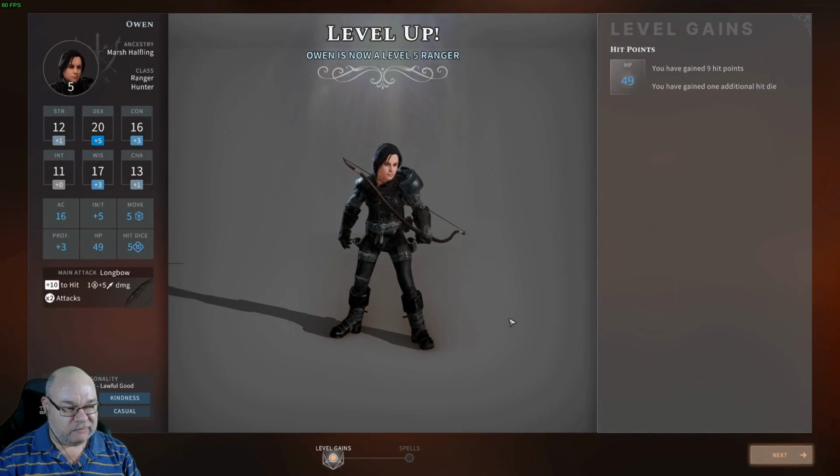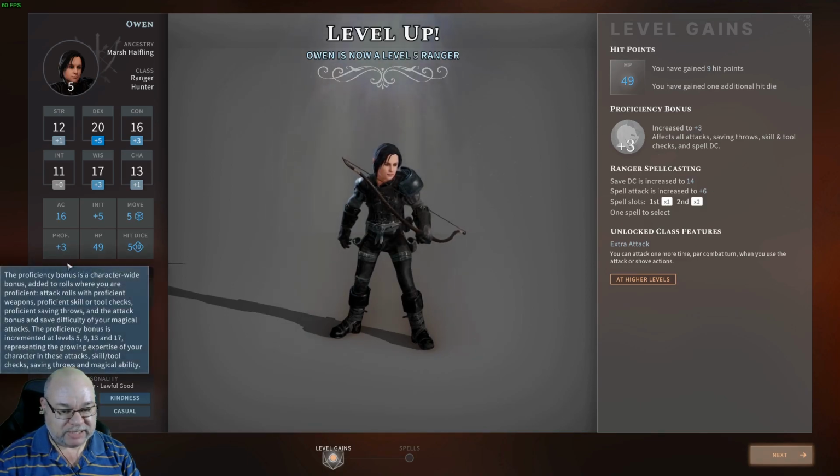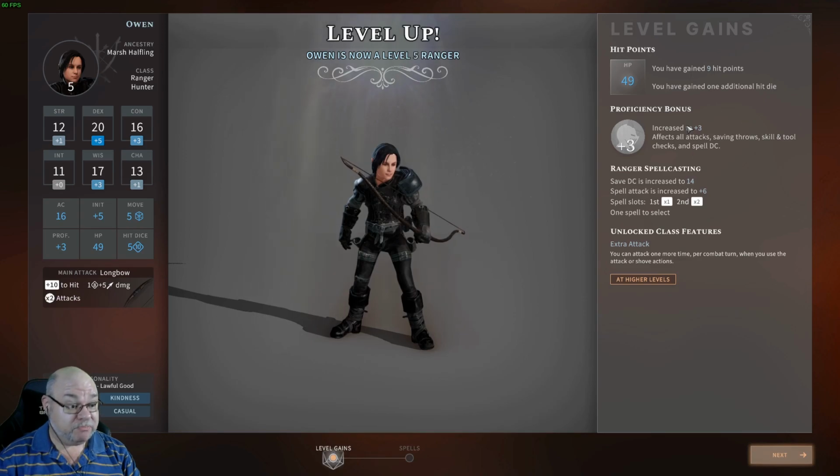Level 5. So this is the big increase here, because our proficiency bonus, which was +2, is now +3, and we get an extra attack per round. So we get 2 attacks with our bow now, and we're doing +10 to hit and 1d8 +5 damage. But remember, if we've got Hunter's Mark going and we've got Colossus Slayer going, that's an extra 1d6